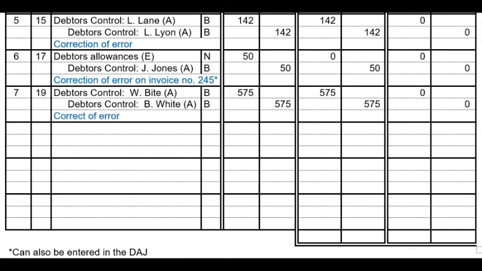Remember once again, both of these amounts will affect the debtors control column there, so you have to record it there as well. And very important, I can't stress this enough, you must write the names of the debtors next to debtors control. Then the next transaction on the 21st said goods taken by the owner for personal use were